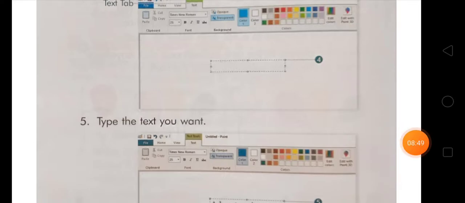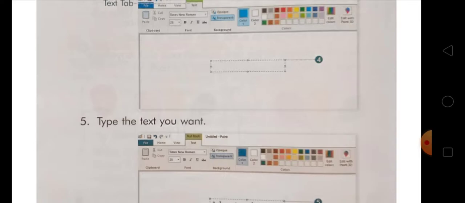Okay, and after that there is an info box. What is the info box? Let's see. Once the text is entered, it cannot be changed. If you entered the text one time, you can't change it. You can make changes only when the text is inside the dotted box.